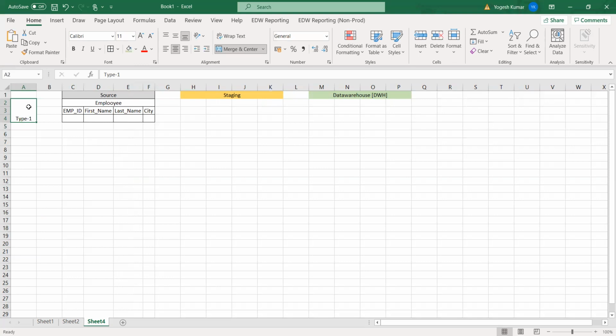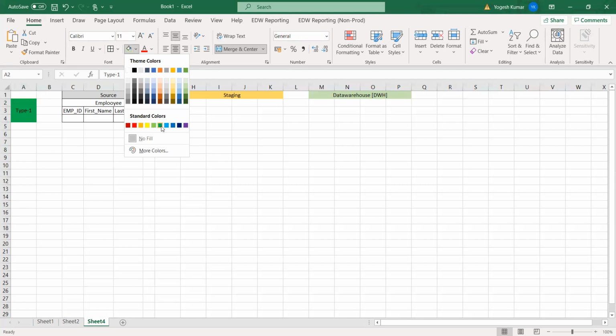Type 1 is one of the categories that comes under the fact tables, right? Am I right? Type 1 is a category which comes under a fact table, right? Dimension. Yes, this comes under a dimension. Okay, so we are going to learn Type 1 first.